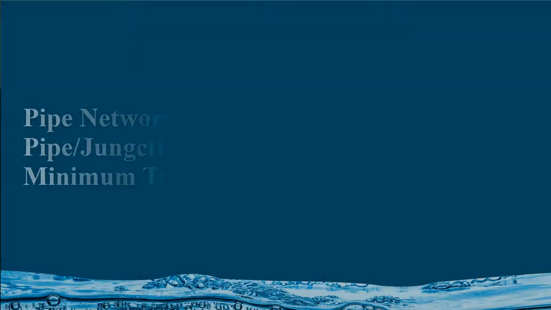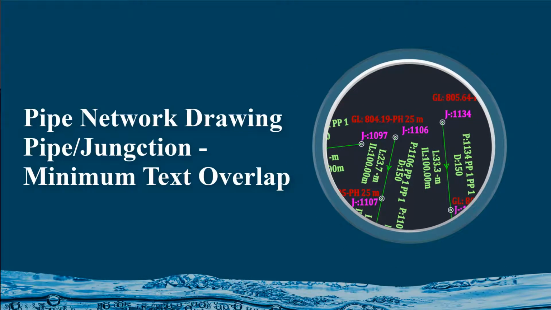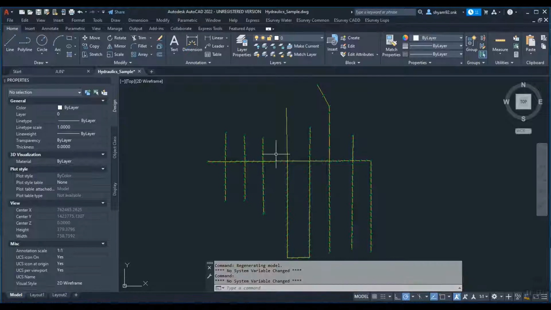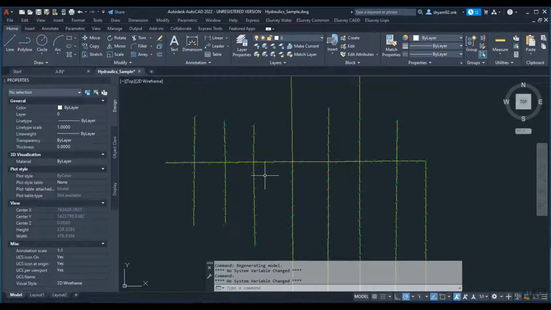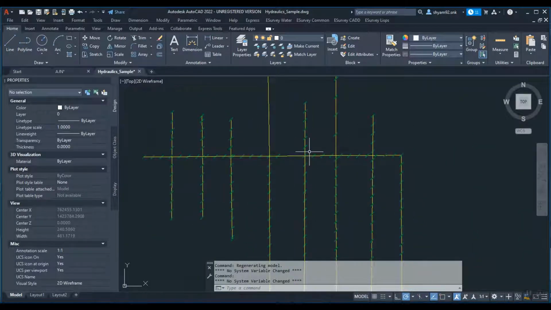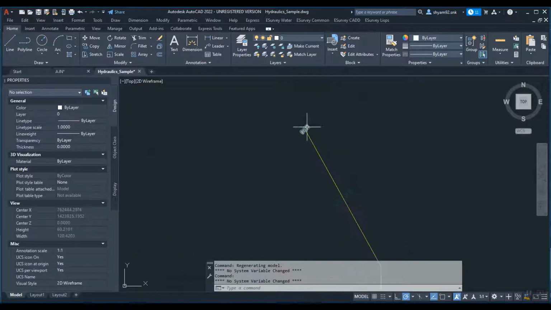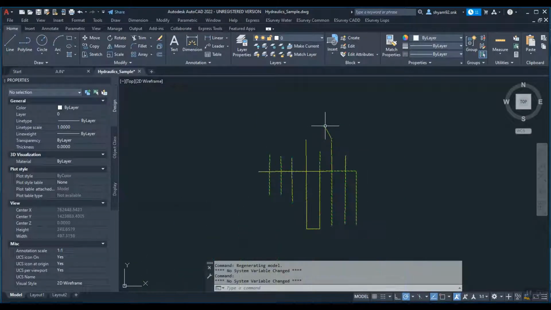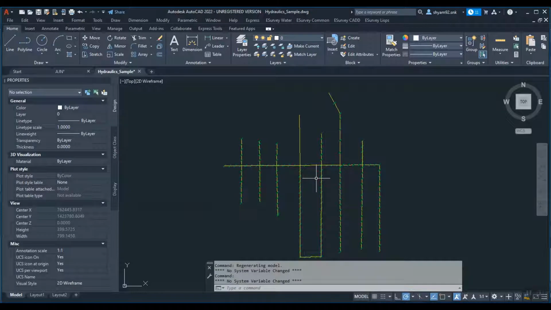Pipe network drawing. Pipe junction minimum text overlap. After modeling in water and sewer projects, you need to prepare the plan drawings with pipe network drawing and each pipe and junction details. All the modeling design software produces drawings with all pipe network drawings and the text related